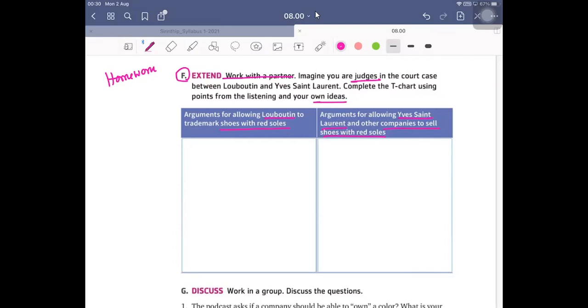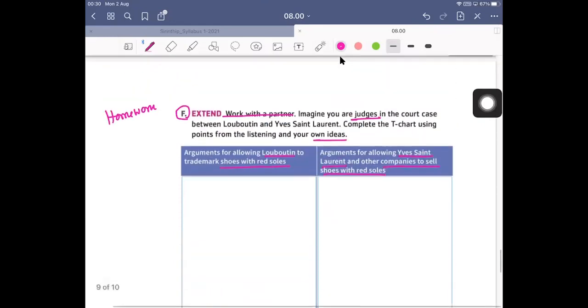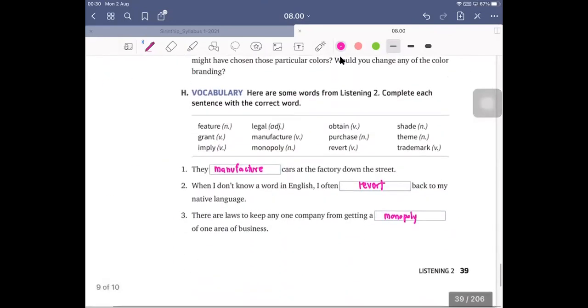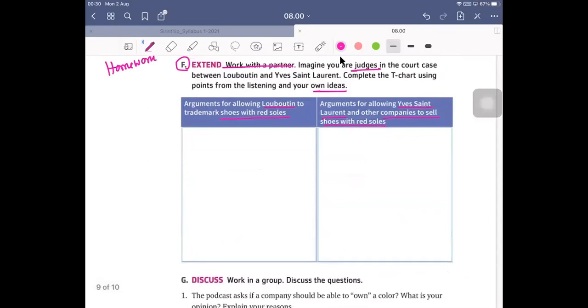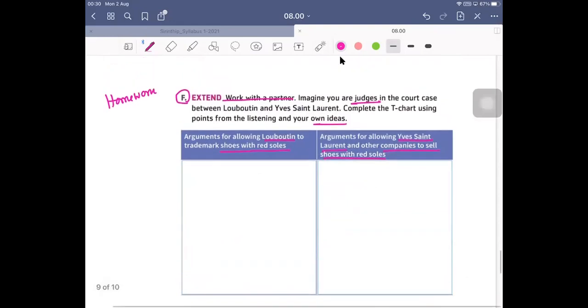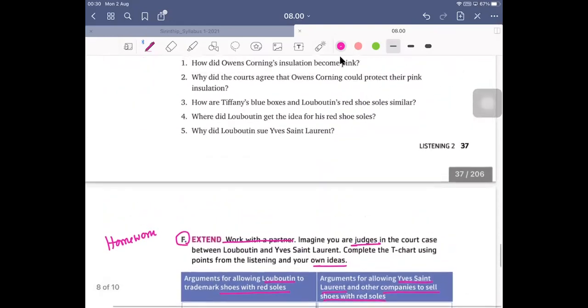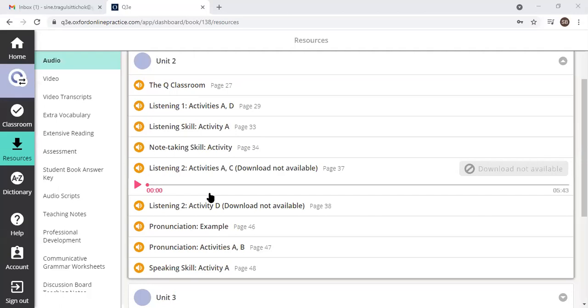I'm going to share the listening now. One second. That's on pages 37 and 39. Actually, I skipped 38, so just ignore it, because that's not what I planned for you to do anyway. I planned for you to do these two exercises, 37 and 39. I'm just going to share the sound. It's about 5 minutes and 43 seconds. Okay, let's start.